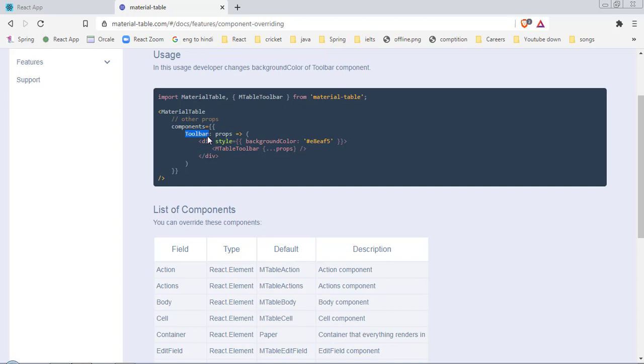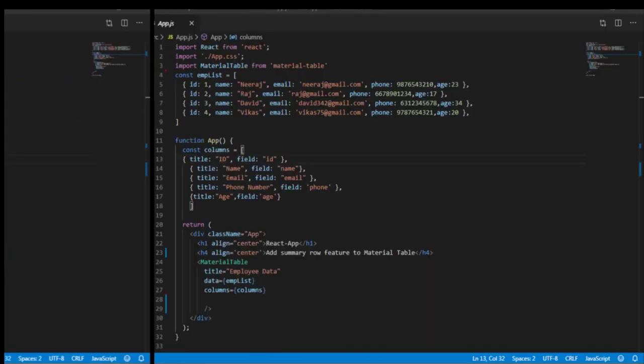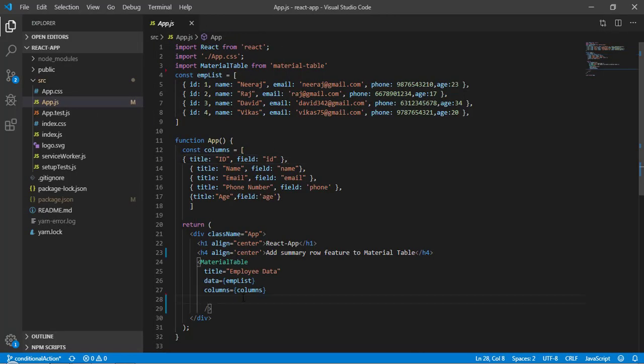So let's come back here and add the components property, and inside this we pass pagination, which is going to be a callback function which returns JSX.